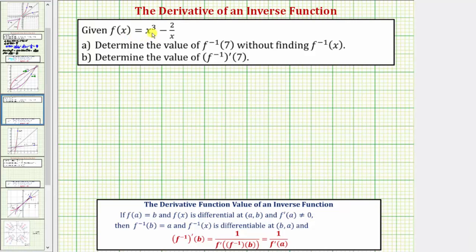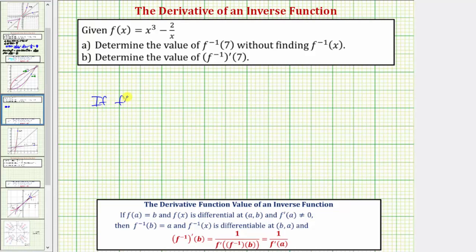We're given f of x equals x cubed minus 2 divided by x. For part A, we're asked to determine the value of f inverse of 7 without finding f inverse of x. And then for part B, we're asked to determine the value of the derivative of f inverse at x equals 7. So for part A, assuming f of x has an inverse, we'll use the fact that if f of